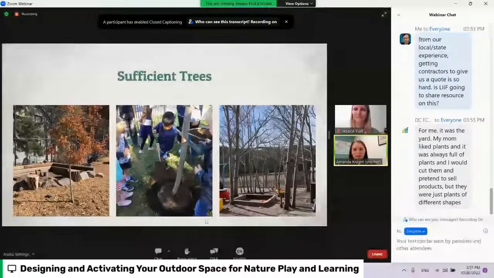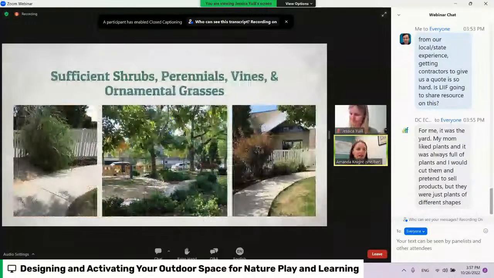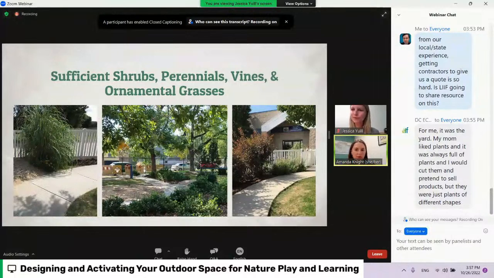So keeping on the plant theme, having other types of plants in your space, such as shrubs and grasses and flowers, can provide a lot of the same types of sensory benefits as trees. So things you can touch and smell and see, and they can be a really great way for children to engage with nature. So these specific pictures can show how you can plant grasses and shrubs around pathways. And in the next slide,